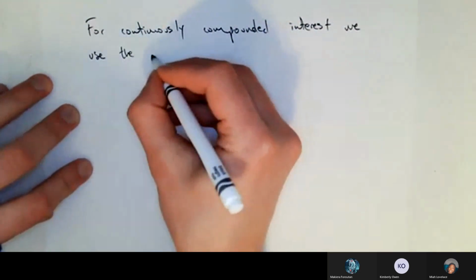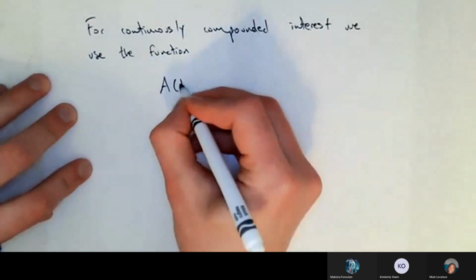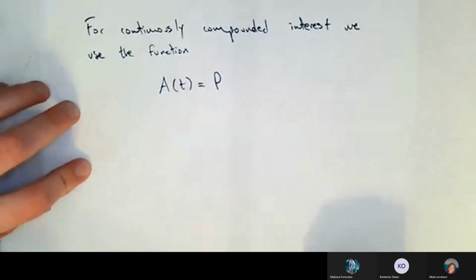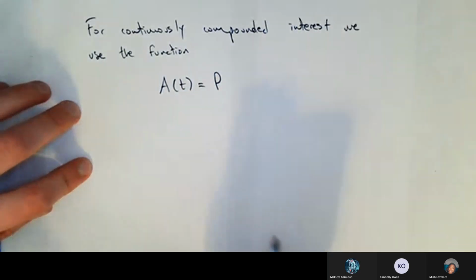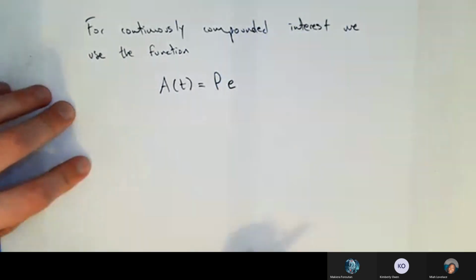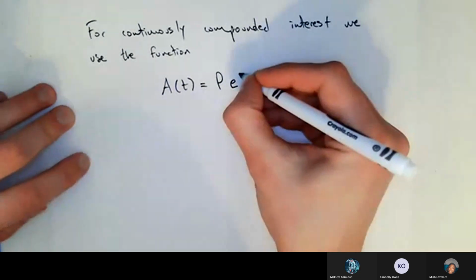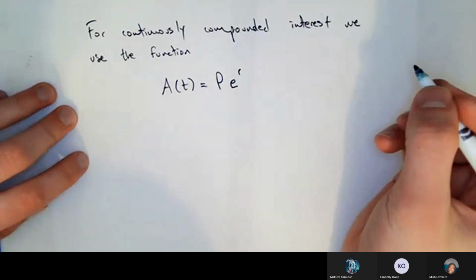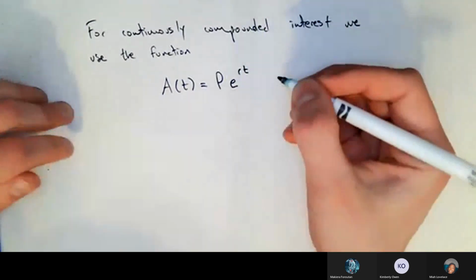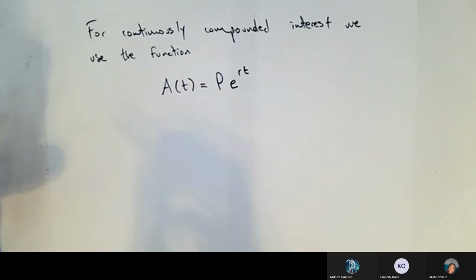We use the function A of t equals. So the P is still going to be there, the P principal amount. And then all of that, like parentheses 1 plus r over n, all that stuff, it just gets sucked up into the letter e. And then because of the algebra that I'm brushing under the table here, the letter r stays in the exponent position along with the variable t. So it's P times e raised to the rt,